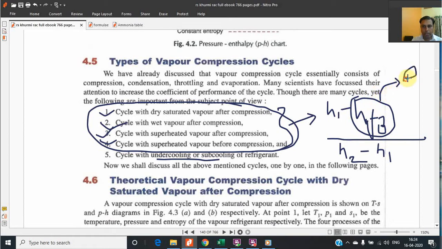Some delta H will be subtracted from this HF3, and the new HF3, meaning this new enthalpy, will be obtained. In this lecture I will explain how to obtain the enthalpy, entropy and specific volume, all the specific data from the table, how to read the table of the refrigerant, as well as how to solve the numericals.